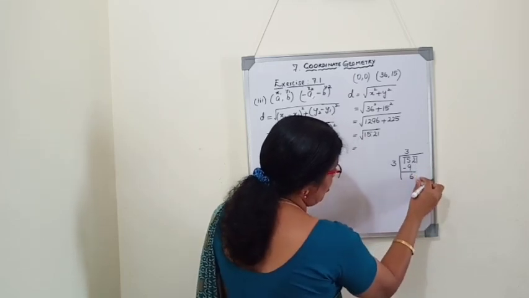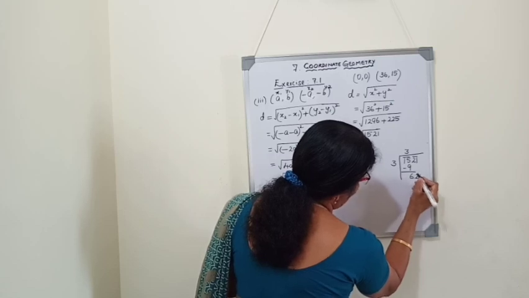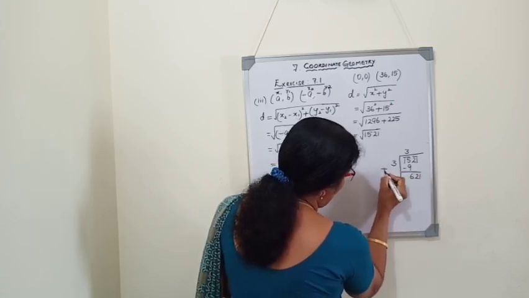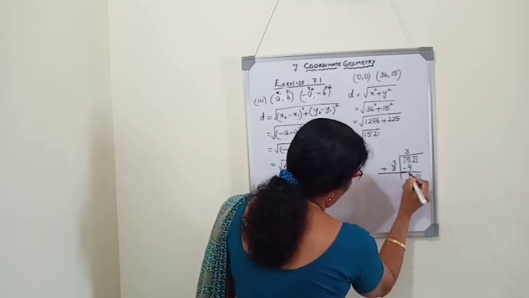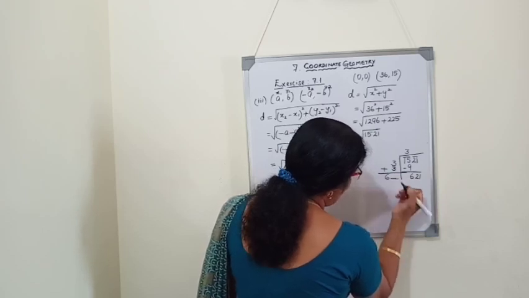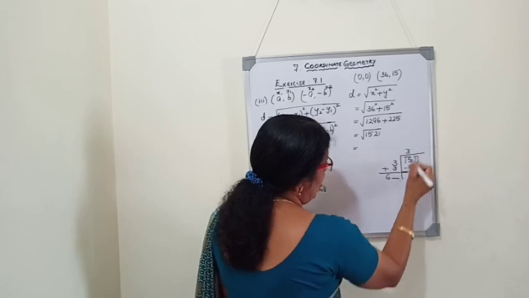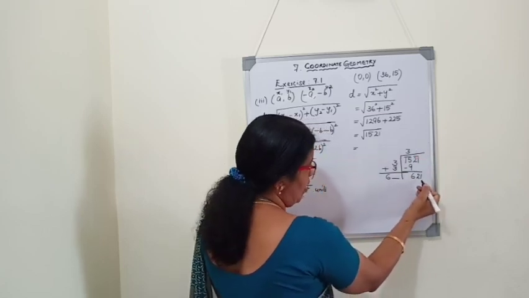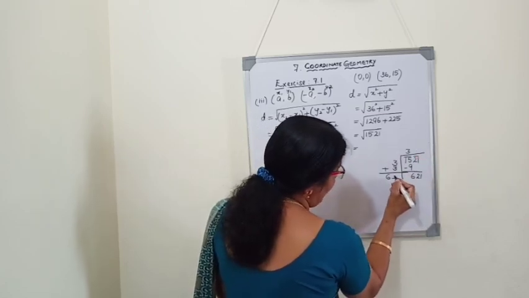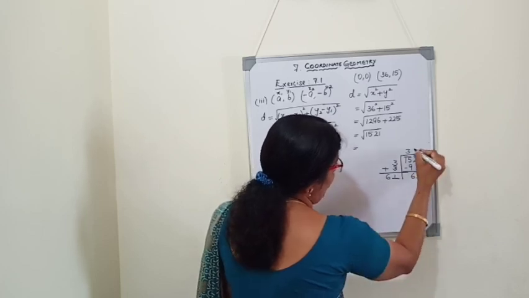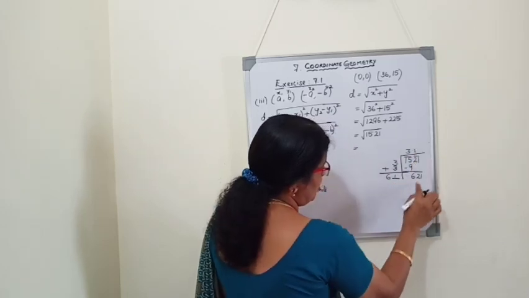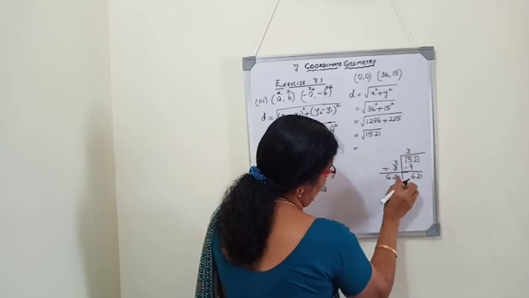Bring the next group down as it is, 21. And the same 3 here we have to add, so 3 plus 3 is 6. Here we have to write a number; the same number we write, multiply and get 621. If I write 1 here, I have to write 1 there, so 61 into 1 is 61. But that is a very small number.